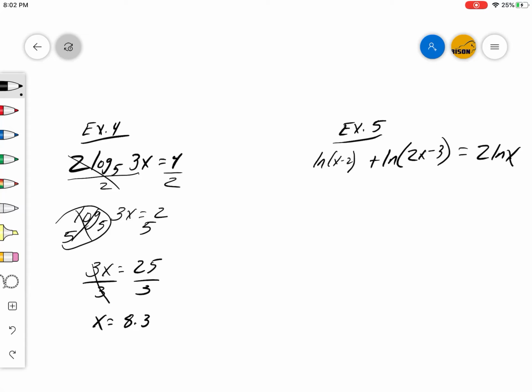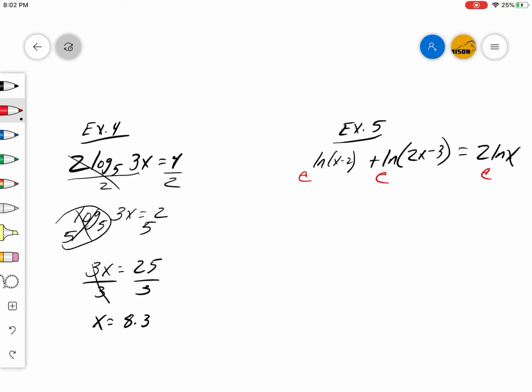Yeah, natural log of x minus 2. All right, so this is the problem that I was talking about where we've got to do some stuff. Okay, so we're not allowed to just throw e's in here. If I was to put an e here, and move the 2 and do an e here, yes, it would get rid of all the natural logs, but